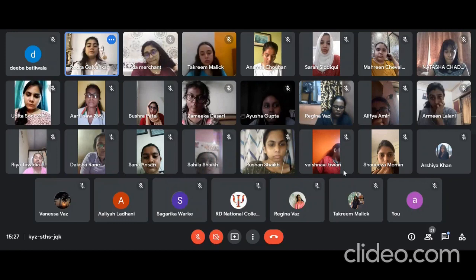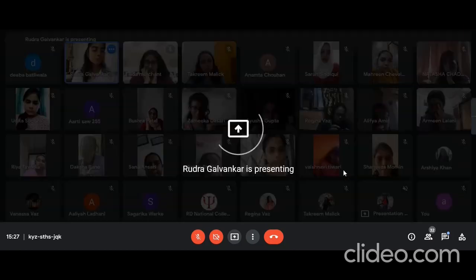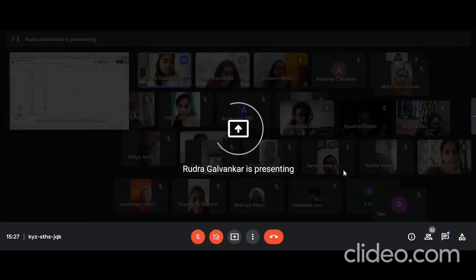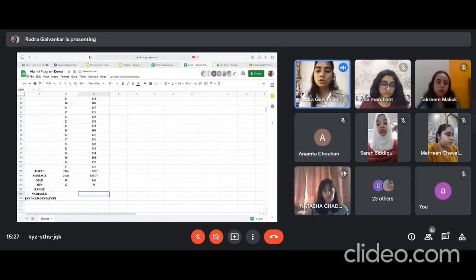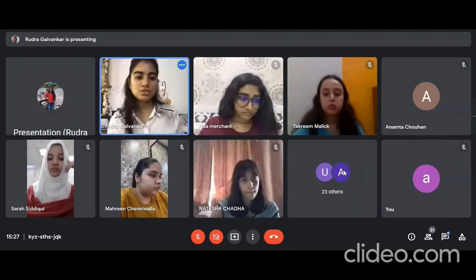Suppose I've found my minimum value here. My minimum for this column is 12. You see the small bluish box here. You'll get a plus sign there. Click on it and just drag it to the next one. You'll get the answer for the minimum of the next column. So you all can use that when you are doing multiple columns together. So just an easier way.